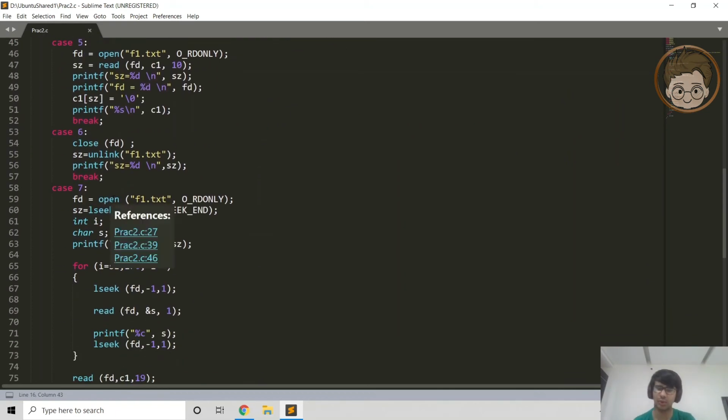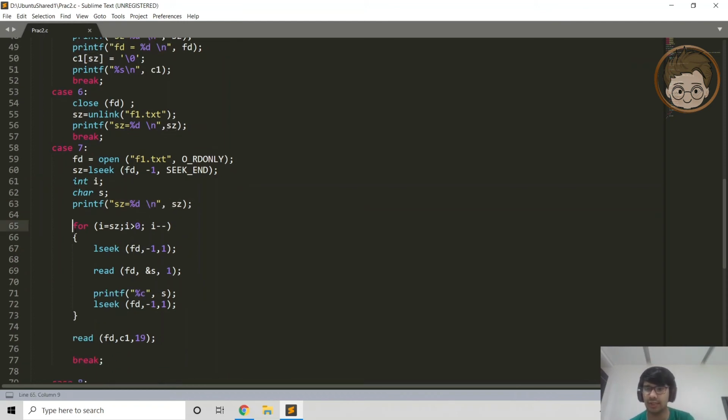Here first, to do anything we have to open the file. For lseek we have to simply move the pointer, so we will just open it in read mode. Then we will call lseek, and we will pass the file pointer, and SEEK_END means we will make it go to the very end of the file. Then we have declared some variables here, and we will print the sz, that is the current location.